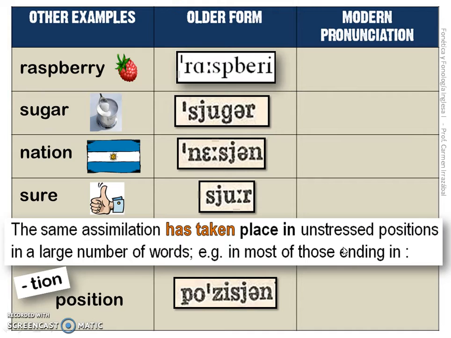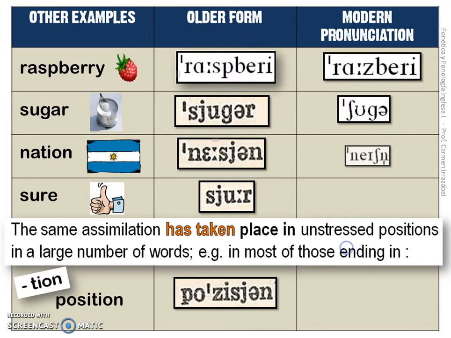In this table, we can see examples of changes that took place in the phonemic patterns of words throughout the development of the English language, which paved the way for the modern pronunciations we use nowadays. Raspberry, sugar, nation, shore,